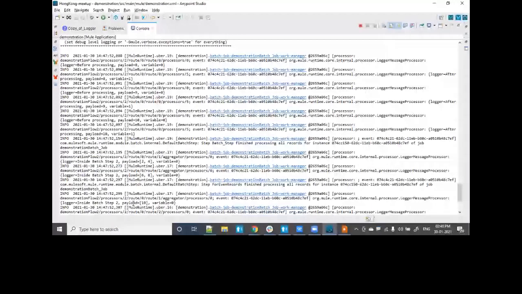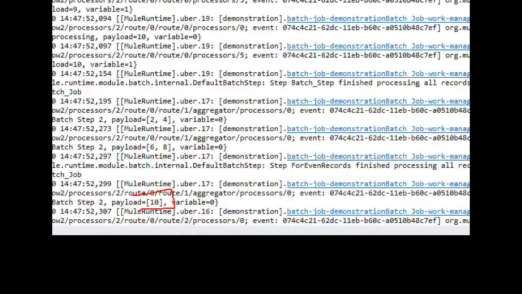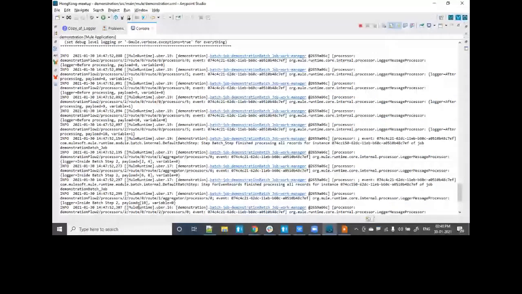Now this is useful wherever we have an operation such as bulk commit. You have a database operation, let's say, which supports bulk commit, or a Salesforce operation which supports bulk query. So in such a scenario, instead of hitting the backend multiple times, you can create a bulk logic and push the data accordingly. Okay, so this was the last thing which we had in case of processing the record.